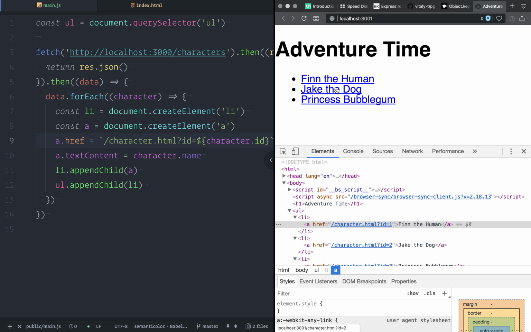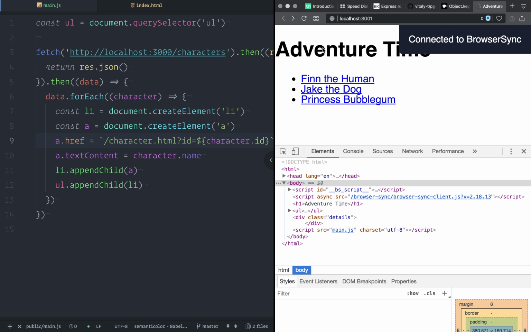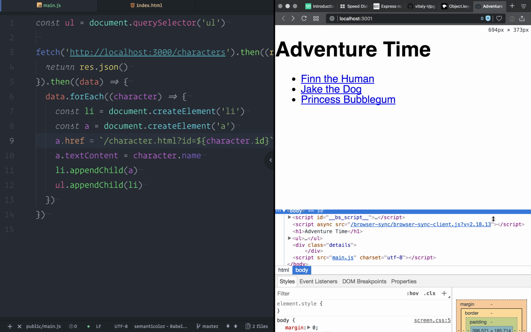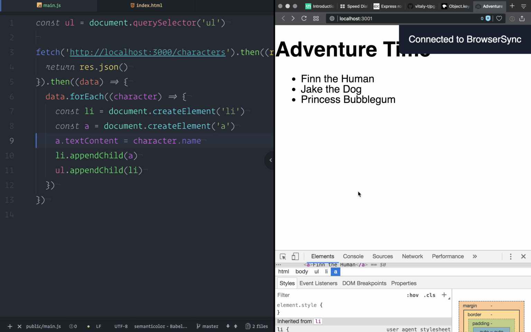So now what I want to do is when I click on one of these, I don't actually want to go to that page. That was kind of my older line of thinking. What I'm going to do is when I click on one, I'm going to render the details down here on the bottom. So I'm actually going to get rid of this href, and I'm just going to make it so that when you click on the A,